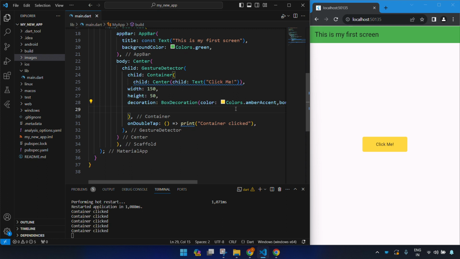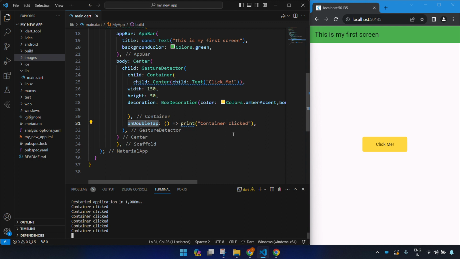In the last video, we saw a couple of widgets called container, gesture detector and center, and the use case of container, which is on double tap. If I double tap this widget, then a log will come like "container was clicked". In this video, we'll understand whether it is completely required to learn the Dart programming language before getting started with